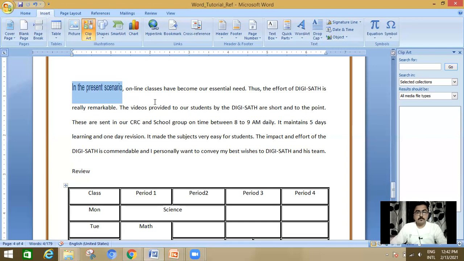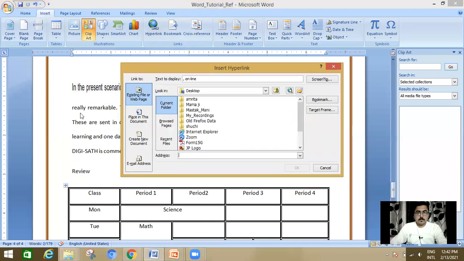For example, I have taken this word, click on hyperlink button, and after that there is a link: existing file or web page, place in this document, create new document, email address. So I have taken a web page.